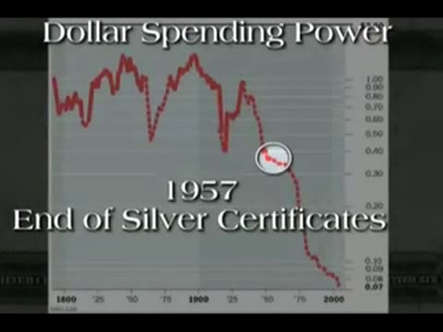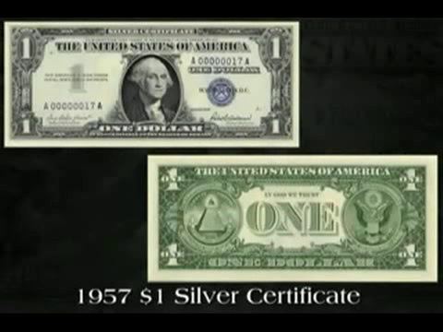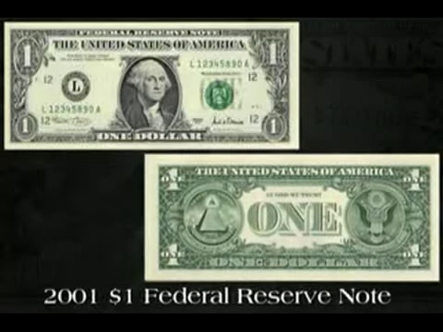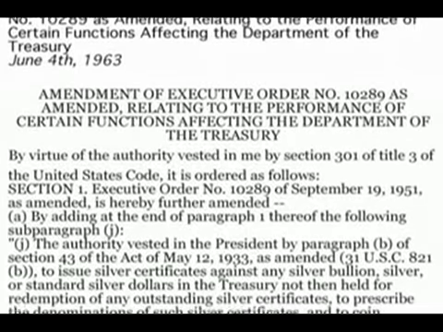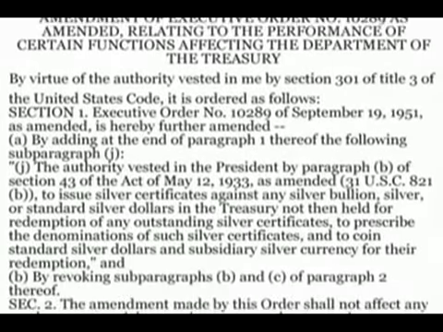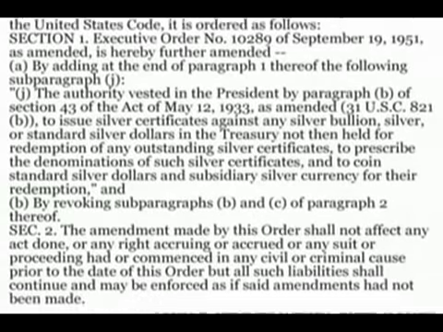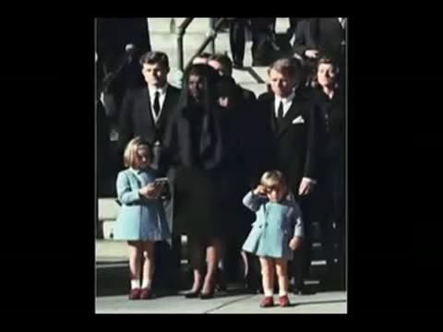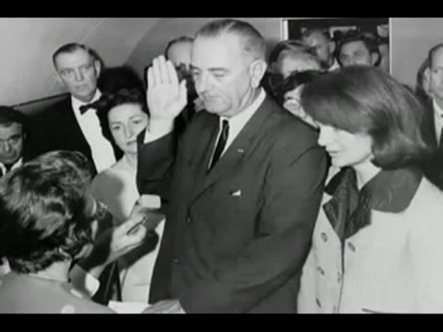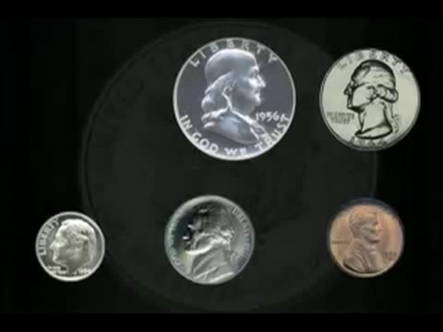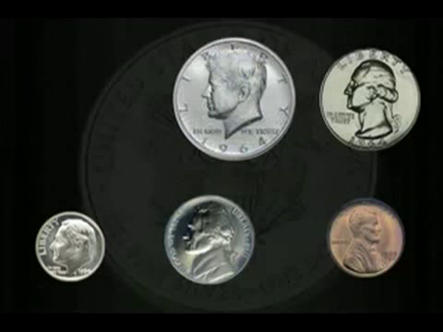In 1957, the U.S. Treasury produced the last silver certificate. The Federal Reserve note had become so common, few people even noticed it was gone. In 1963, JFK signed Executive Order No. 11110 reauthorizing silver certificates and silver dollars. Tragically, he was killed soon thereafter. His successor, Lyndon Baines Johnson, didn't share his economic vision and the order was never carried out. Ironically, the Kennedy half dollar is the last silver money America ever produced.